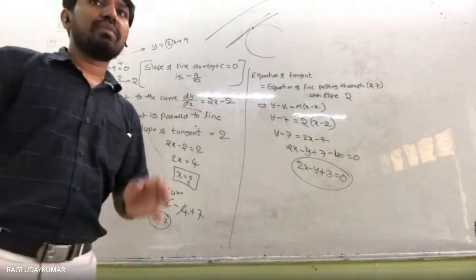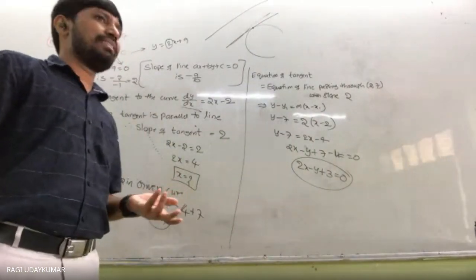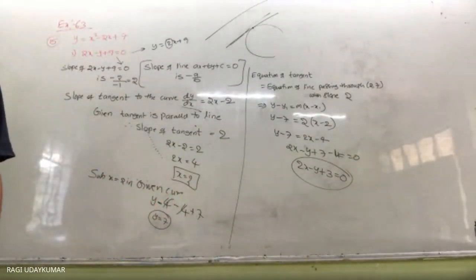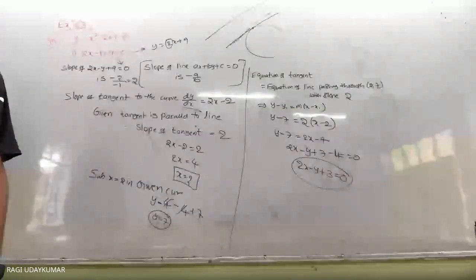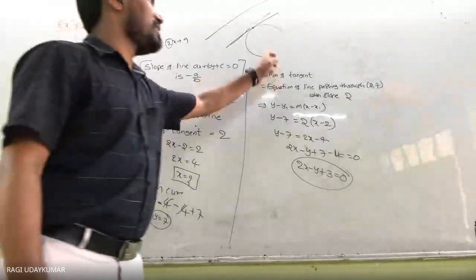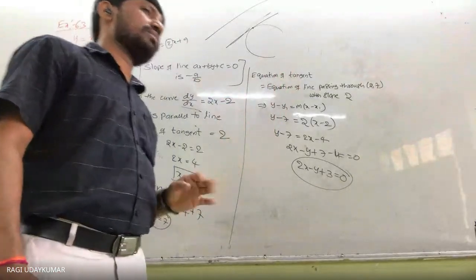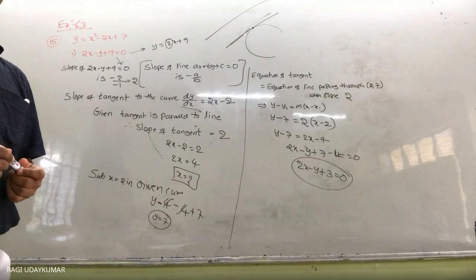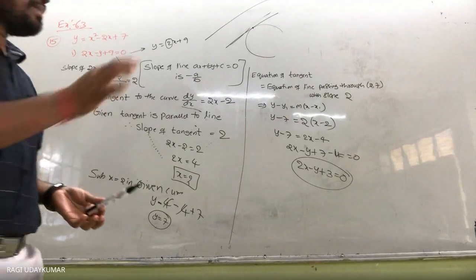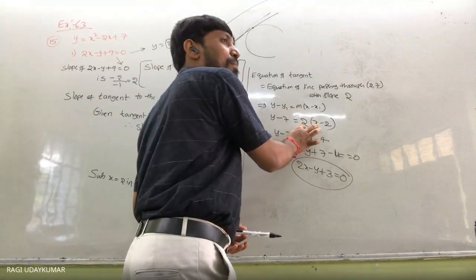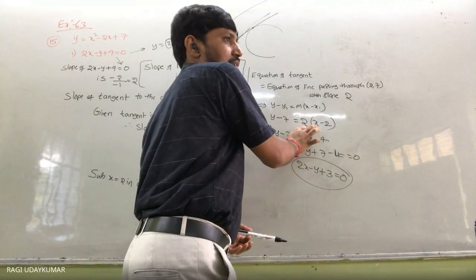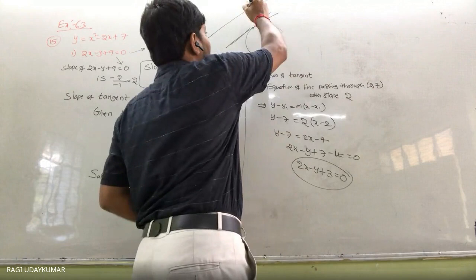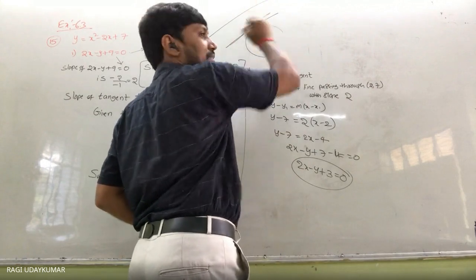Suppose यही question में only tangent is asking, normal is not asking. If normal is asking, what to do? Equation of a normal is asking too. Simple, here in the place of the m, minus 1 by 2. Point is same. Slope of the normal is nothing but like this.